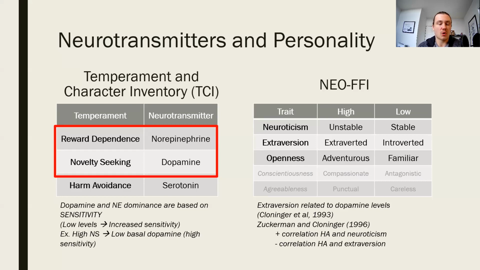So today's video is going to be more so about the assessments of personalities and their associations with different neurotransmitters. So I'm going to be focusing on three of them with a bonus one at the end. But I want to preface by saying that there have been different, say, psychiatrists or philosophers that have previously made associations between different personality types and different conditions. So the one that I found really interesting was